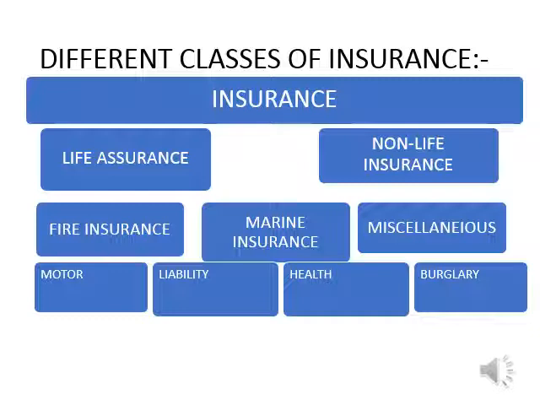Then there is the miscellaneous section in non-life insurance. So what is covered in the miscellaneous? There is motor, liability, health, burglary, theft and pilferage, everything is covered. In general, if you see in health insurance, the medical claims are reimbursed, the medical policies are issued, the personal accidents are covered, the accidents are covered, and the losses during traveling are also covered under health.